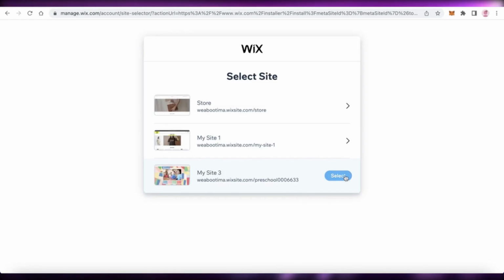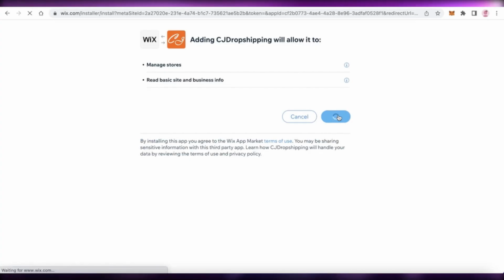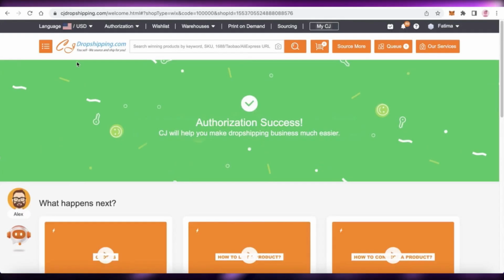Go on My CJ, Authorization, and choose your e-commerce platform like Shopify and Wix. And from there, click on Add Store and connect your account. Step 3 is to find products to sell. Use the search bar or browse any category, and then from there, compare prices with AliExpress to make sure you're